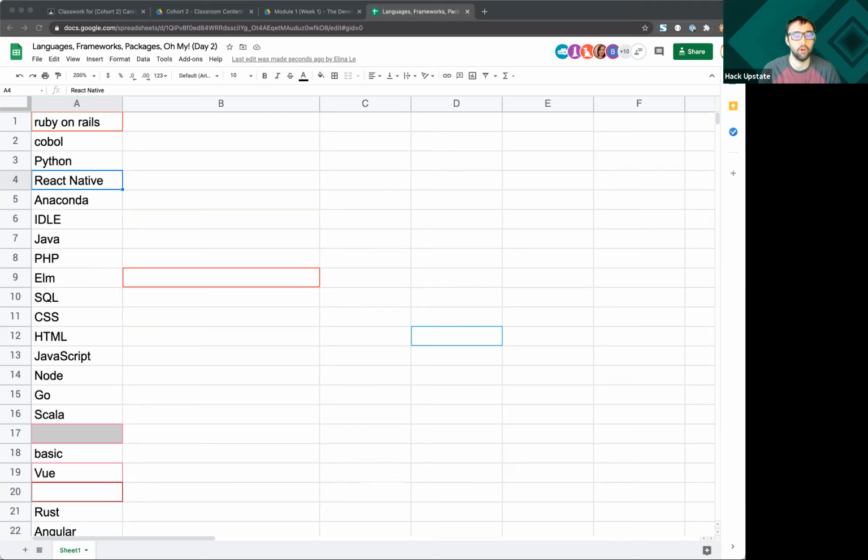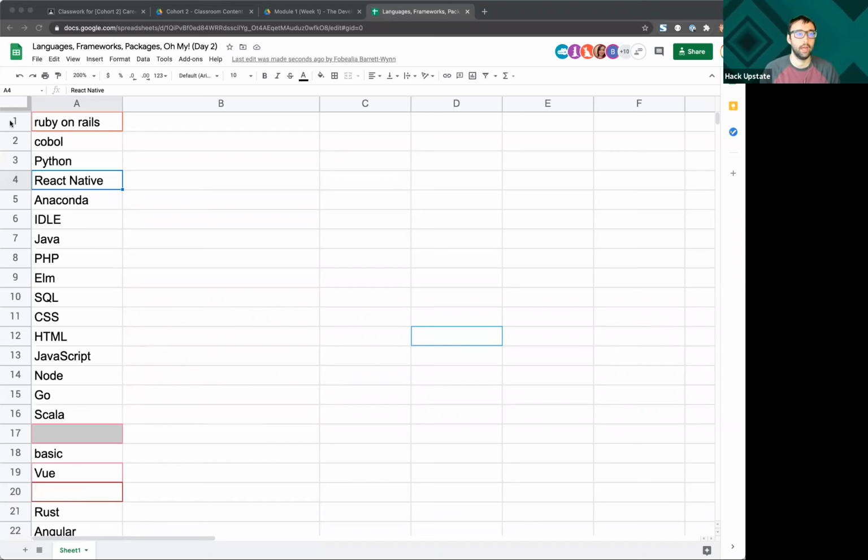So looking over this list and seeing what other people have added, are these some terms where you're like, oh yeah, I've heard of that before, or I don't know quite what that does, or it starts to give you this sense of how much there is, how many different languages and frameworks and all of those things are out there, right? And so we're going to go through and we're going to demystify all of this.